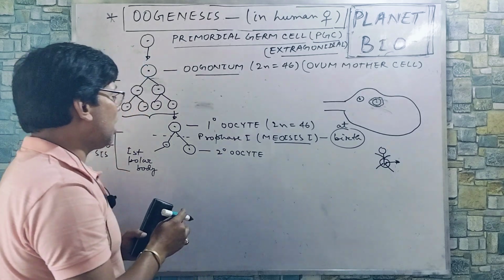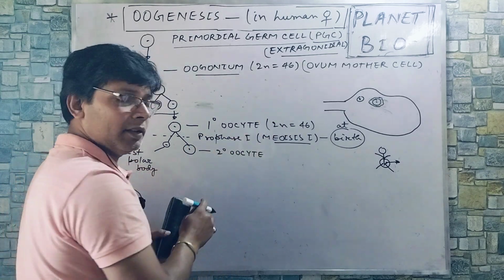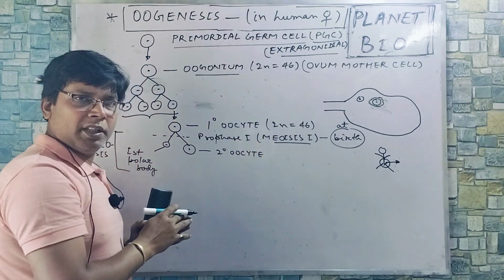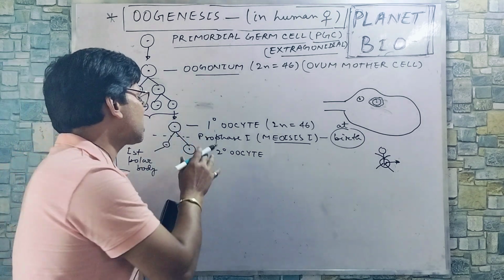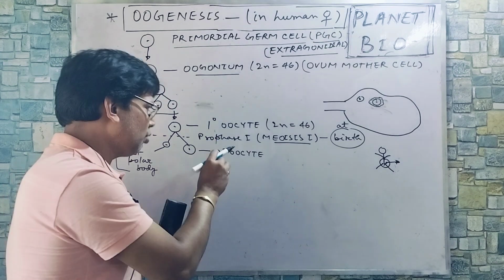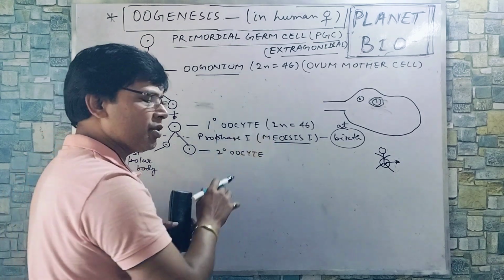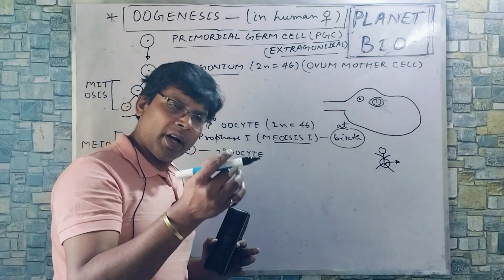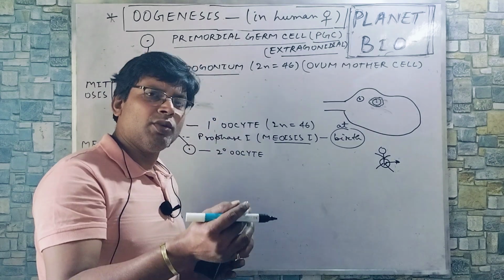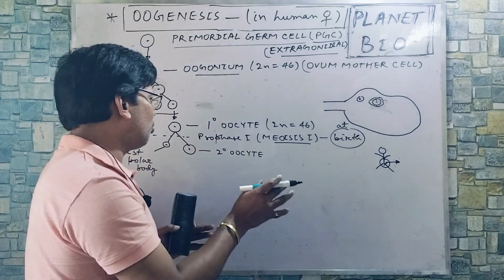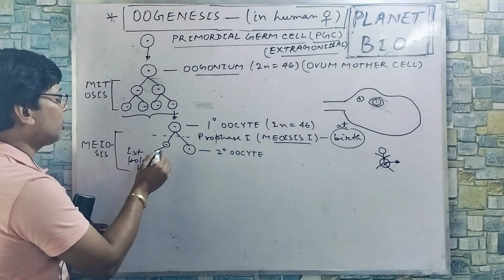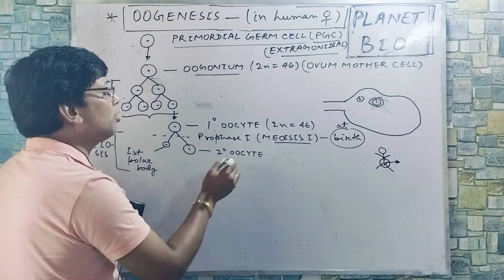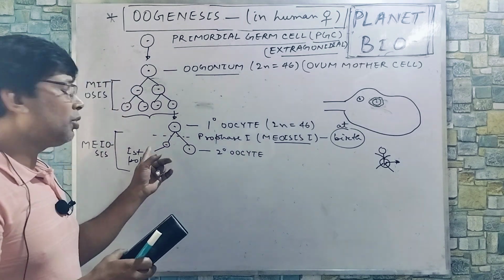अब बर्थ हो गया, ग्रोथ भी हो रहा है, पुबर्टी भी हो गई। प्रोफेज 1 जन्म के बाद चालू हुआ, फिर मेटाफेज 1 हुआ, एनाफेज 1 हुआ, टेलोफेज 1 हुआ, साइटोकाइनेसिस 1 हुआ, तब जाकर ये मियोसिस 1 कंप्लीट हुआ है, फर्स्ट पोलर बॉडी बना है और सेकेंडरी oocyte। आप बोलेंगे कि ये पोलर बॉडी बनने का कंसेप्ट क्या है,